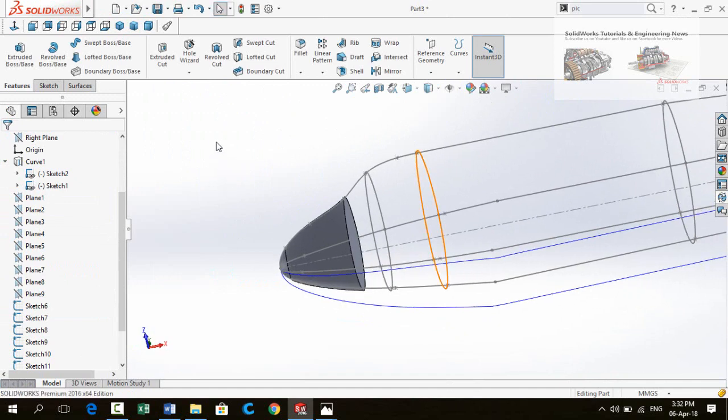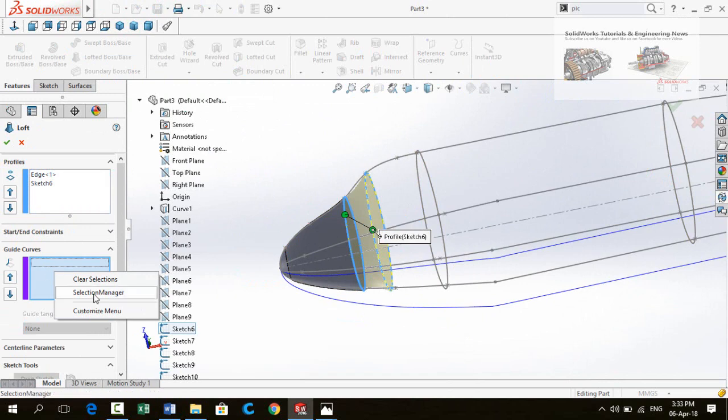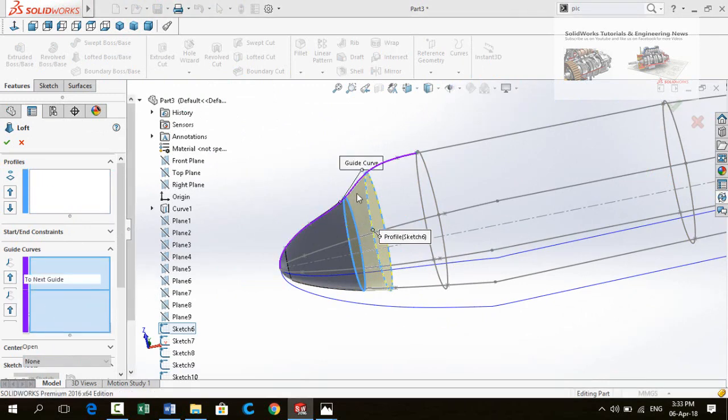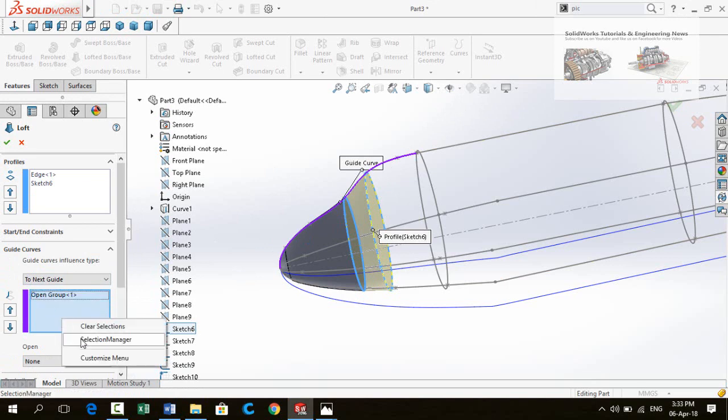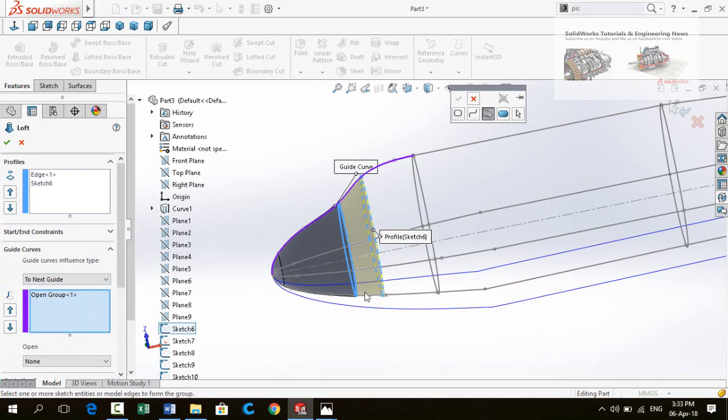Do the same process for all these lofted boss base command and then select both of the profiles one by one. Then right click on this box and then select selection manager. Select this curve, press OK button. Again right click and then select selection manager and then select this curve, press OK button.